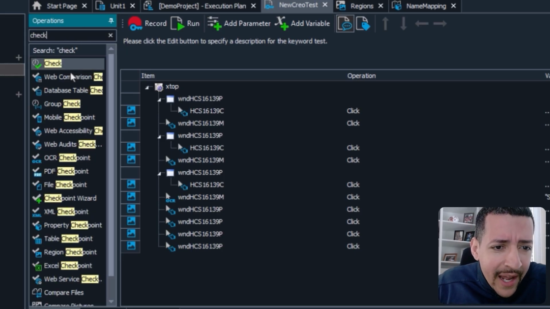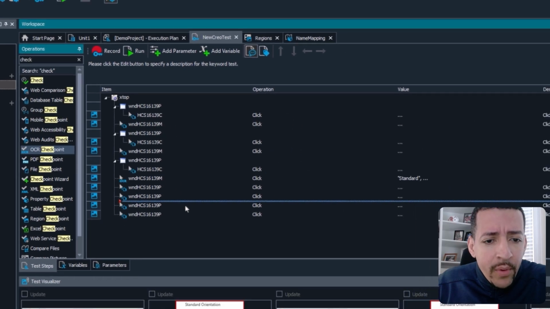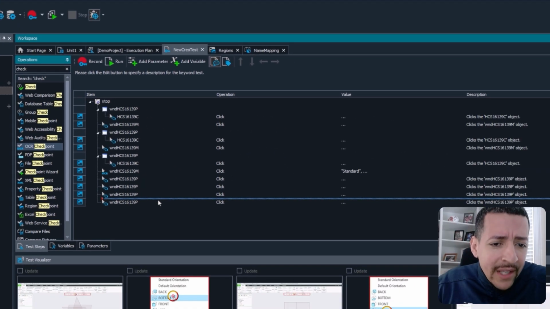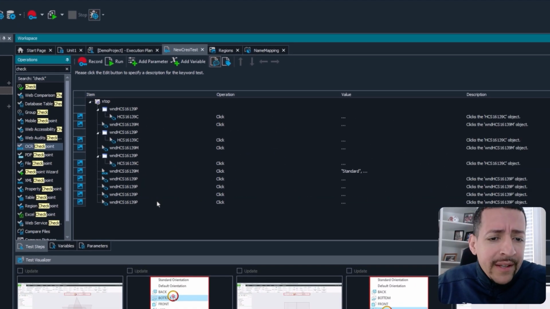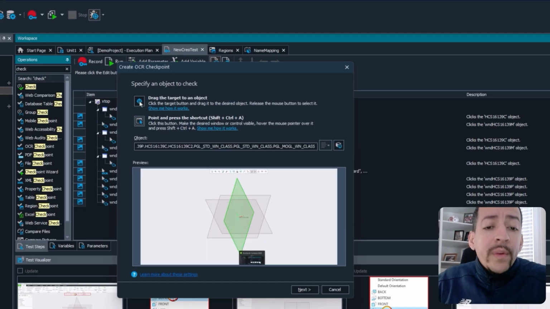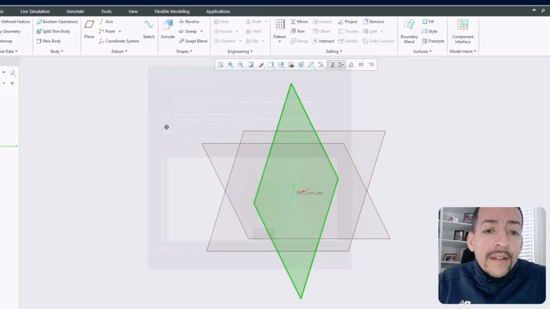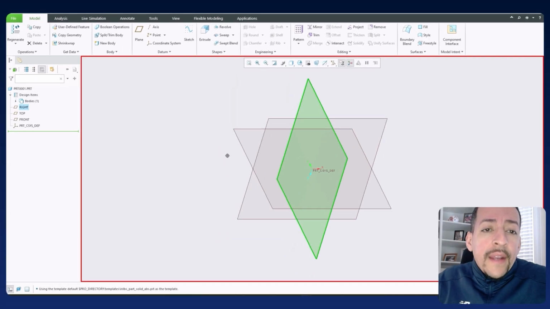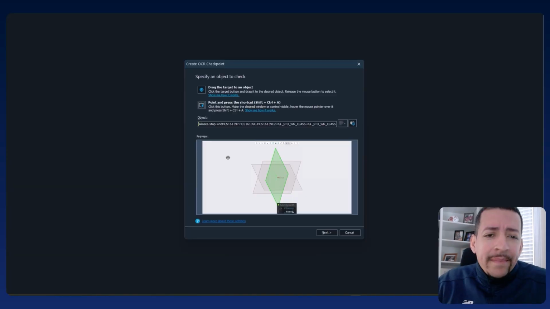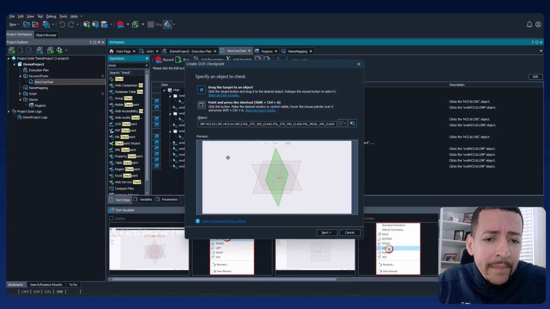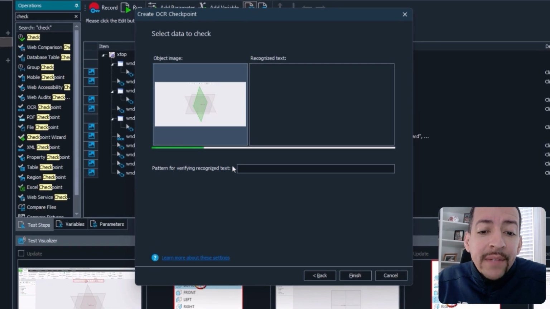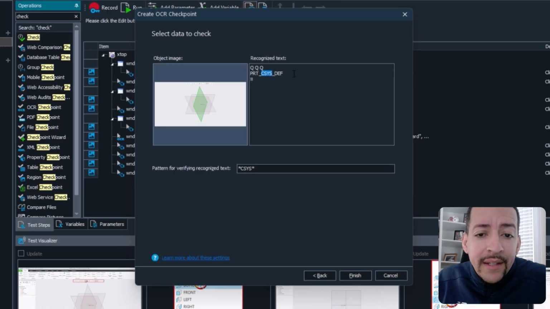And specifically, I want to use an OCR checkpoint. And I can place it anywhere in my step. I'll place it in the second to last option here. So what we want to do now is validate a piece of text that's within the application under test. This OCR checkpoint basically picks up on every single character within the application, and then you can decide specifically what you want to validate. In this case, I'm going to validate PRT sys,